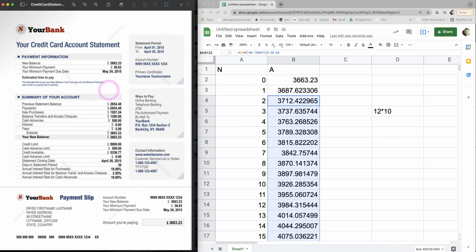So this credit card has a flaw in it, that you're never able to pay this credit card off at $36.63 per month. If you want to pay it off in 10 years, you need to be paying at least $70 a month. Okay,